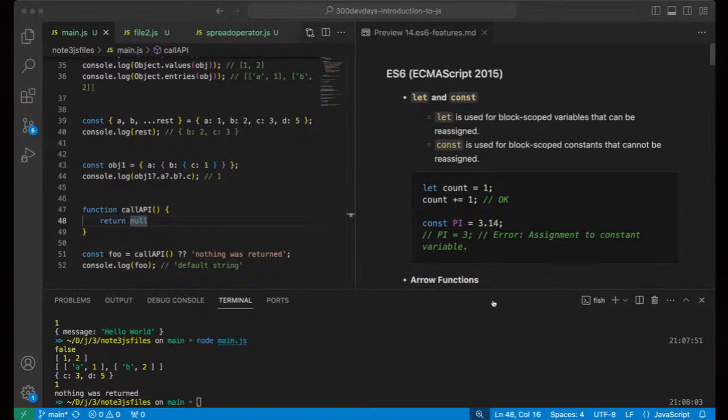Okay, so let's see. Can the nullish coalescing be used to send out error messages instead of just using the catch and throw? Well, it's a good way to send out information. I won't call that an error, because you got null as a response. If you're using try and catch, it means you're probably expecting an error that can crash the runtime or the execution of your code. The nullish coalescing operator is not meant to solve that problem. It's basically giving you an alternative instead of getting null or undefined. I hope that makes sense.